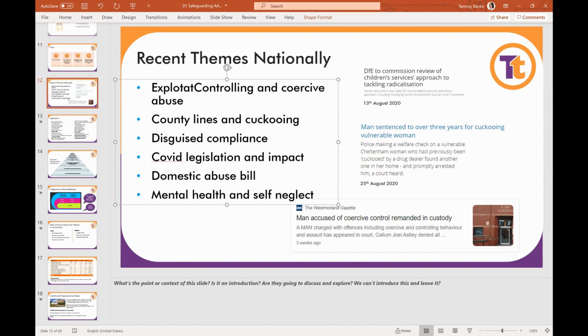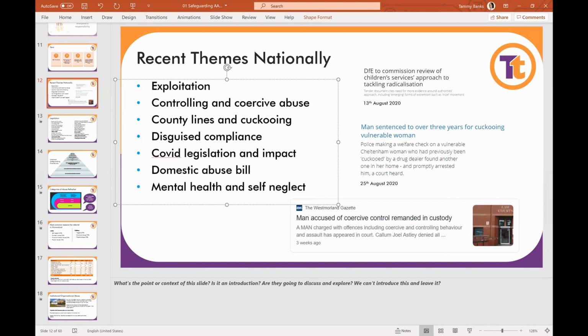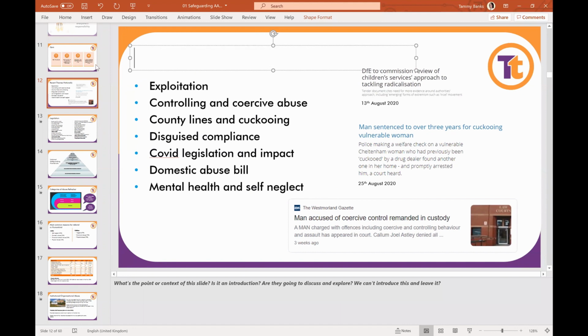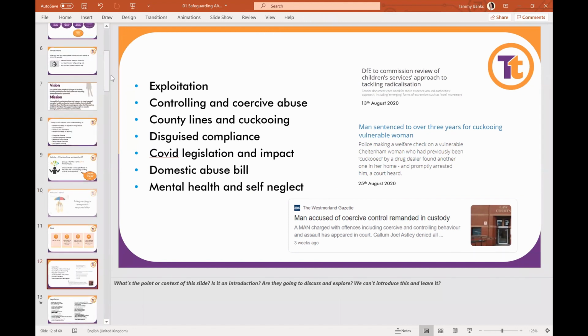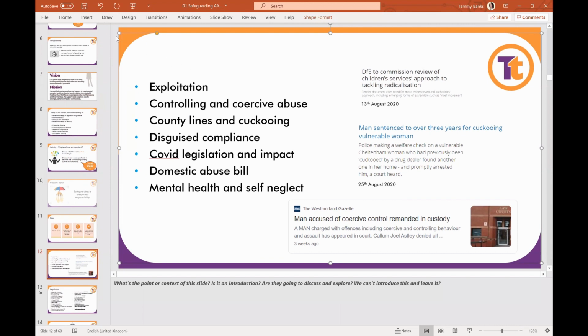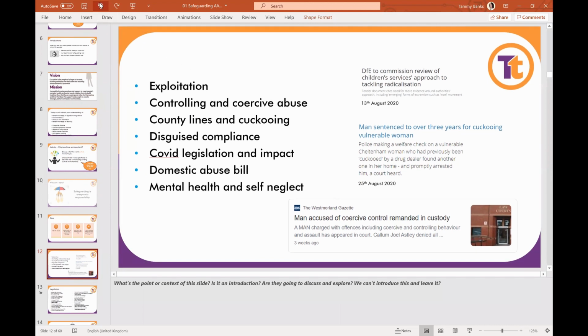I think maybe people are picking it up more because of COVID and understanding the mental health impact it's having on people. A lot of people are saying we're seeing self-neglect more now because of the impact of COVID, because people's routines are changing and they're not looking after themselves. Bereavement, grief, all that kind of stuff, capacity is changing temporarily because of all the impact. Yeah, so that might be a good one to bring up.